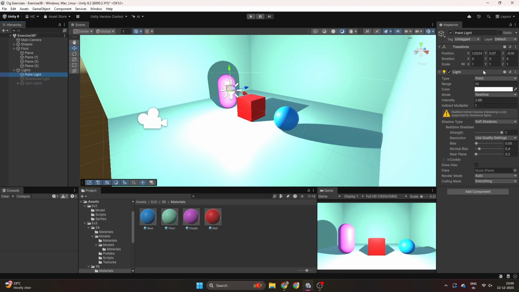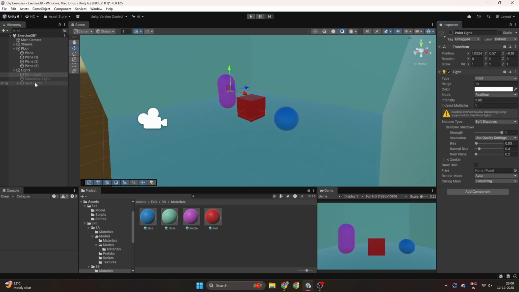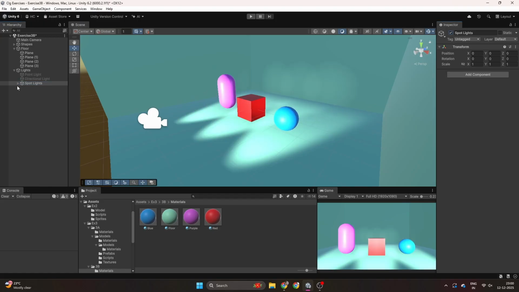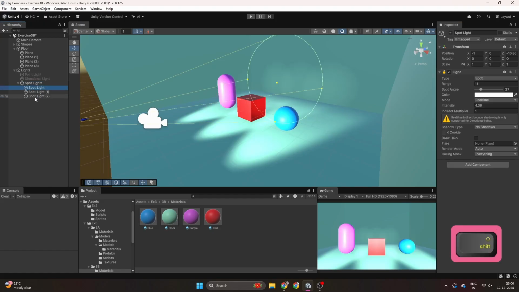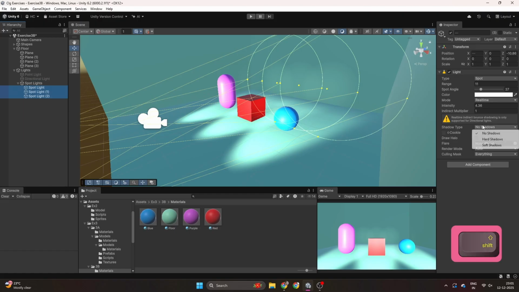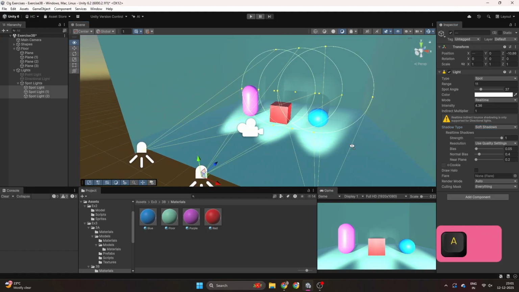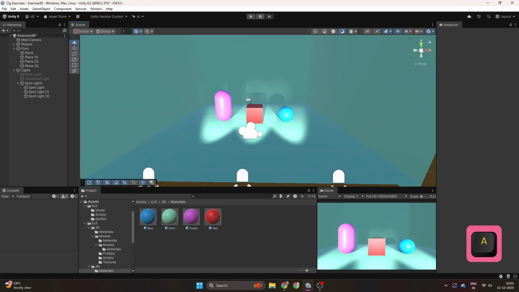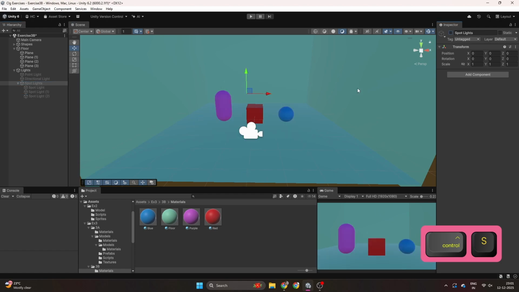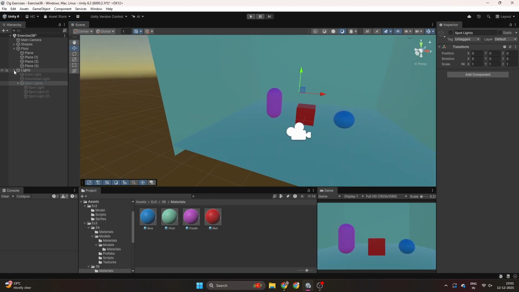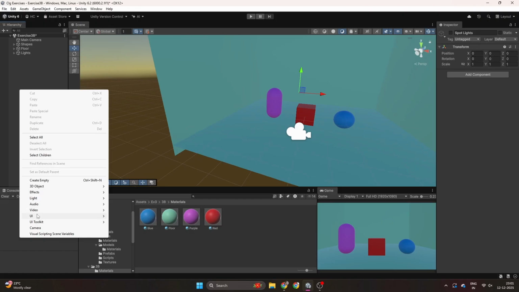You can turn off the point light and turn on the spotlights. And for all the three spotlights, I can draw the shadows. I prefer soft shadows. So yeah, this is the setup of the light. I'm going to turn off the spotlight too. So by default, all the lights inside the light game object are turned off,